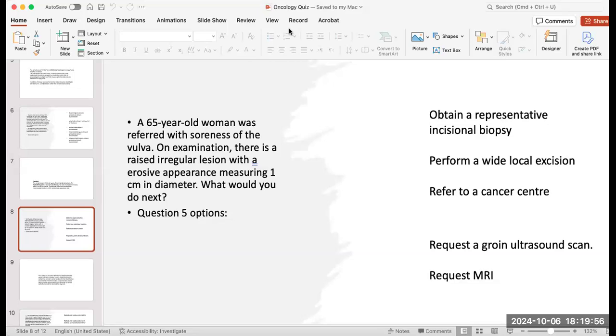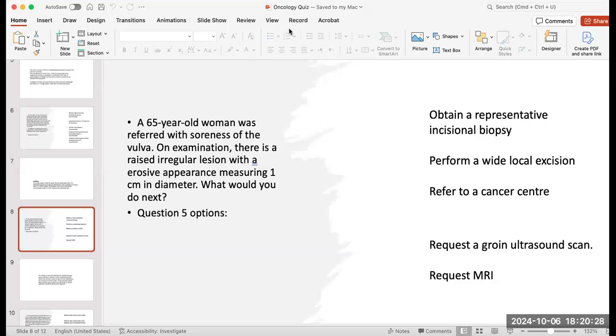When a woman presents with a suspicious lesion, you biopsy to confirm, or refer. I can't refer to a cancer center without anything to say that you have a cancer. Okay, guys, I'll tell you something that can help you so much. Okay, what is this thing? I tell you that